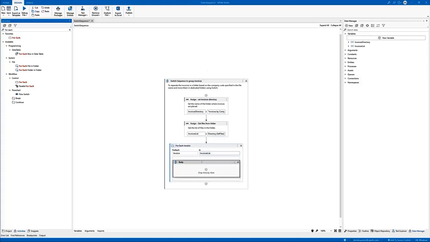Alright, we want to get a file info object for each invoice. This type contains information about a file, including its name, size, and type. We'll use it later to move each file to its specified folder. To do this, we need to declare the variable of file info type, instantiate the object, and assign the object to the variable. We'll add an assign activity,